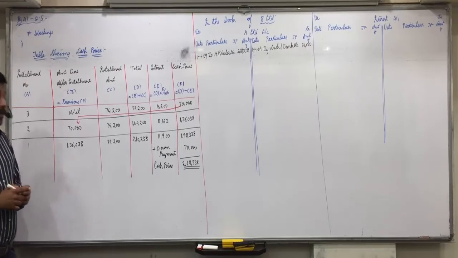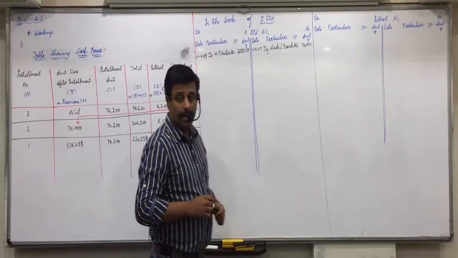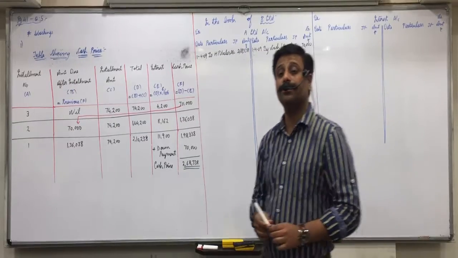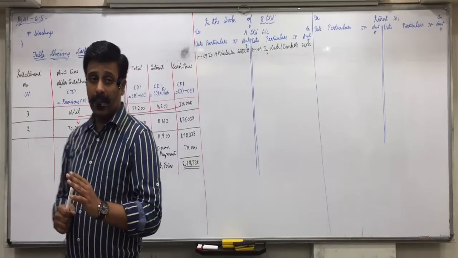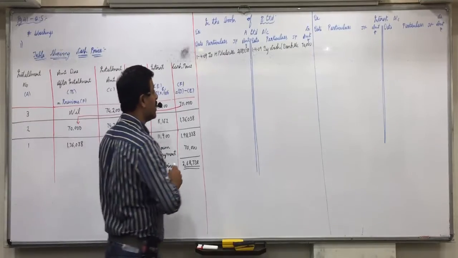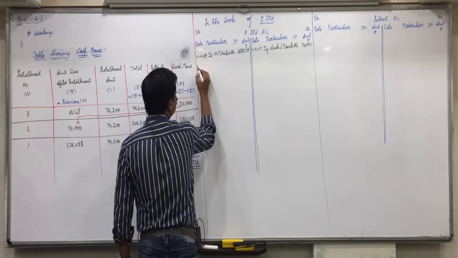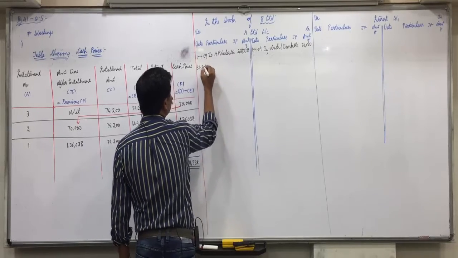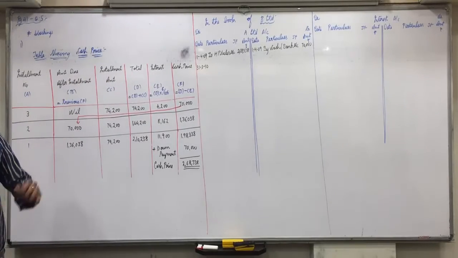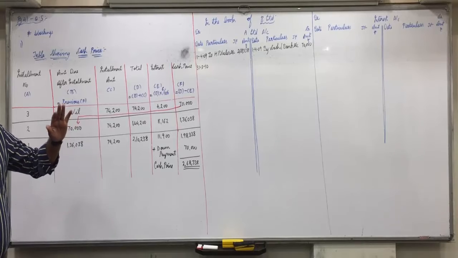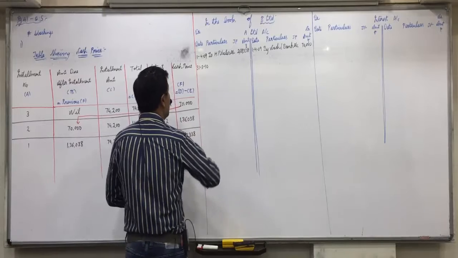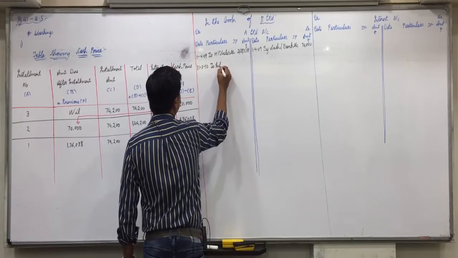Any doubts in this? Then the third entry is for interest. For the seller, what is interest? Income. So buyer account debit to interest account. Buyer account debit means A Limited account on the debit side. Now the first installment will become due on 31/3/2010. Yearly installments. So if we purchased the asset on 1/4/2009, the first installment will become due on 31/3/2010. Buyer account debit to interest account.